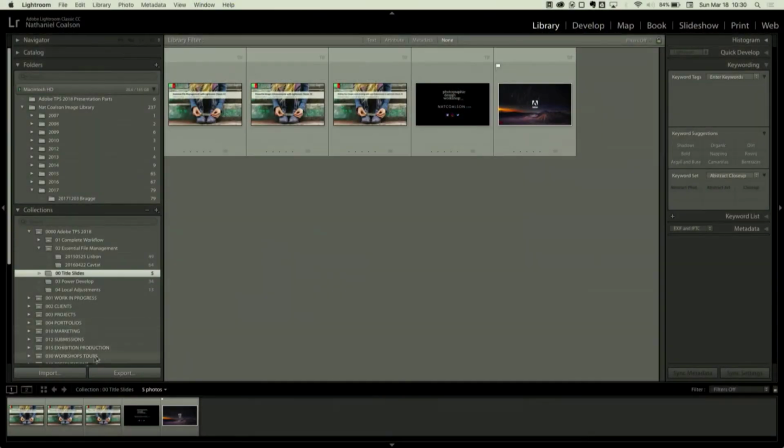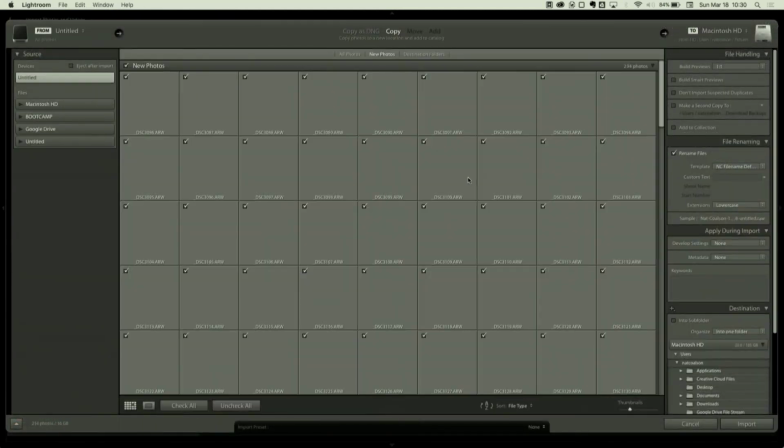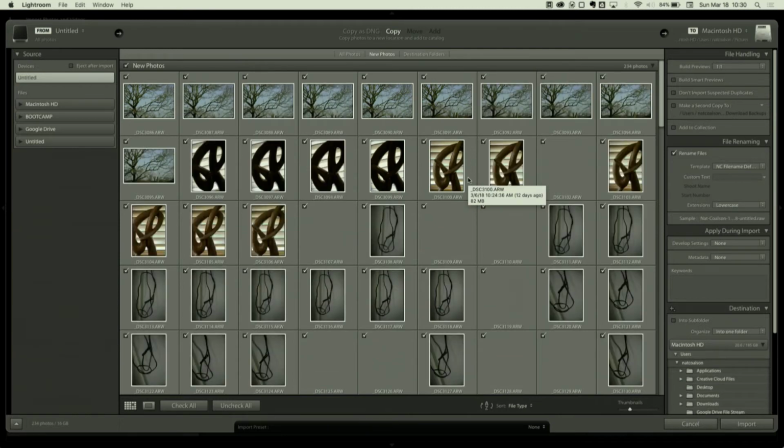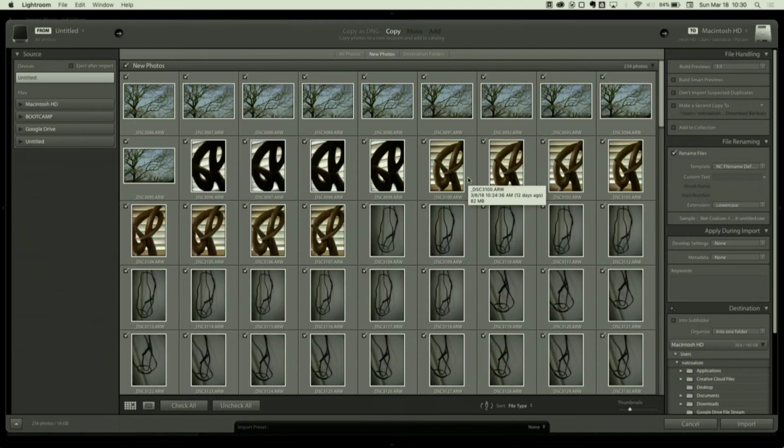I've got my memory card put into the computer, and then when I click the import button at the bottom left here, it brings up the import window. By default, if Lightroom finds a memory card or a camera connected, it's going to load those pictures. It's going to assume that this is what we're going to be importing. Well, the important thing about this is that if it's on removable media of any kind, Lightroom's going to copy the files. Okay, you can't really import the pictures into a Lightroom catalog and keep them on this removable media,